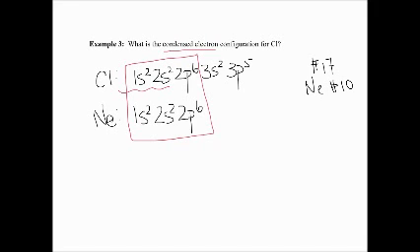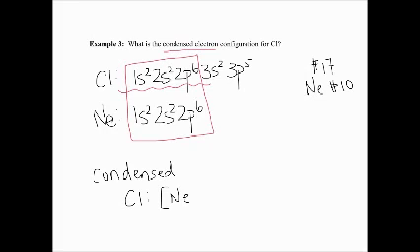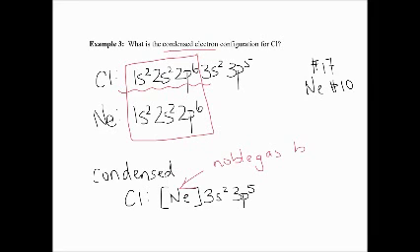So what we're going to do is we're going to condense that by using a square bracket notation, saying, well, that's the same as neon, but chlorine also has the 3s2 and the 3p5. So the condensed form for chlorine will be the configuration for neon plus 3s2, 3p5. So here we have the electron configuration of the noble gas that comes before